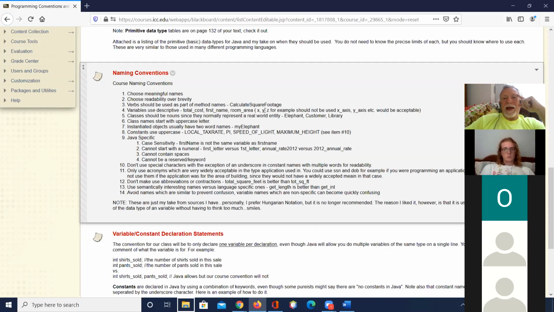And we will not be using single letters. Your book is going to use variables like the letter I, the letter X, things like that. No, you'll lose a bunch of points. Our variables will have meaning. Your variables have to mean something.